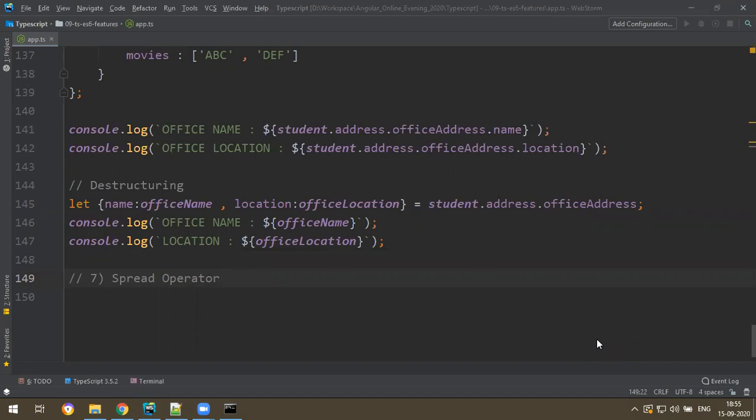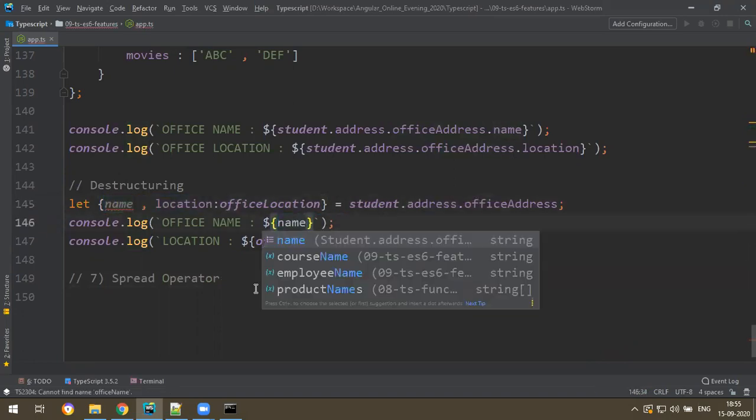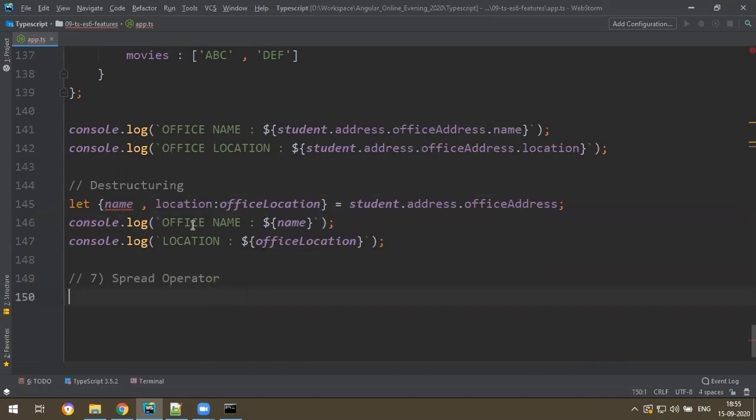Do we need to write name colon name? No, this is an alternate name. The actual name of the property is name in this office address, but actually you can just write only name and use it over here. It will work, but somehow my editor is showing an error, but it is perfect.